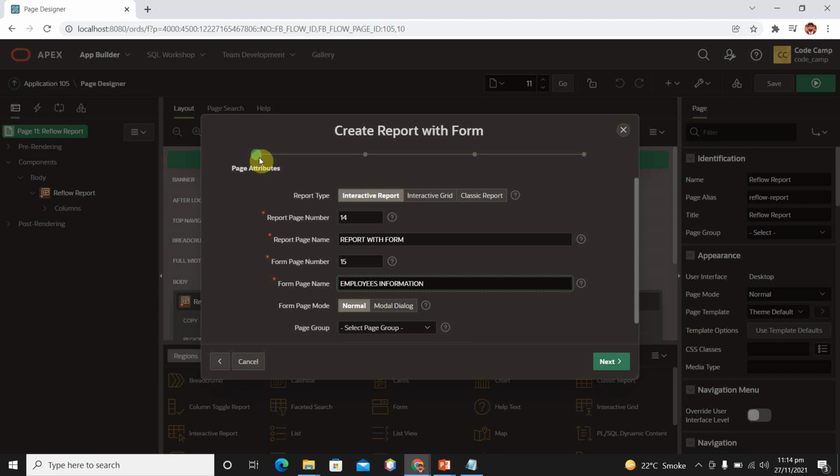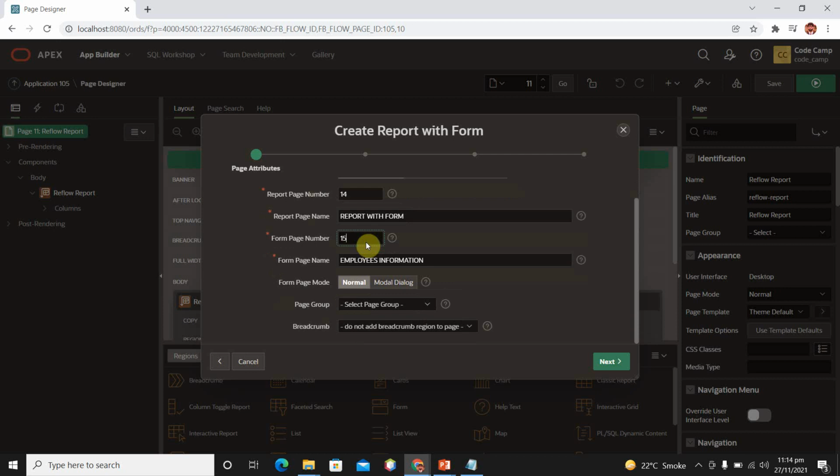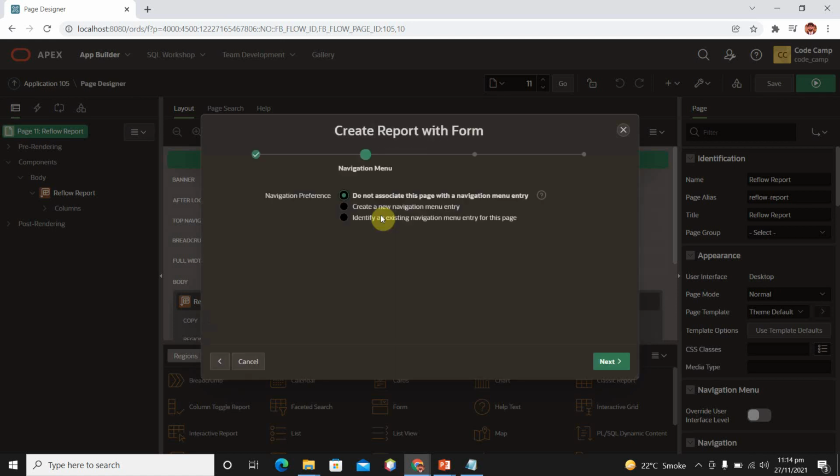As we learned in our last lectures, we can create different types of reports: interactive report, interactive grid, classic report. So select the type you want. Then the form page number is 15, and then we have an option to create the form as a normal form or modal dialog.